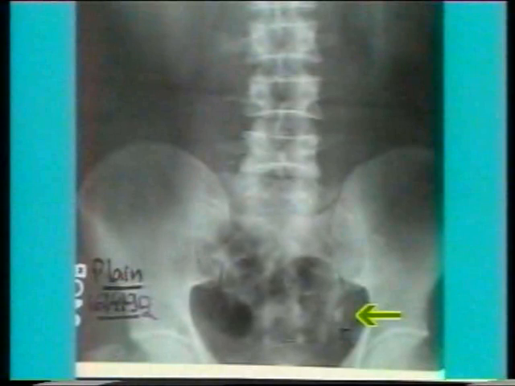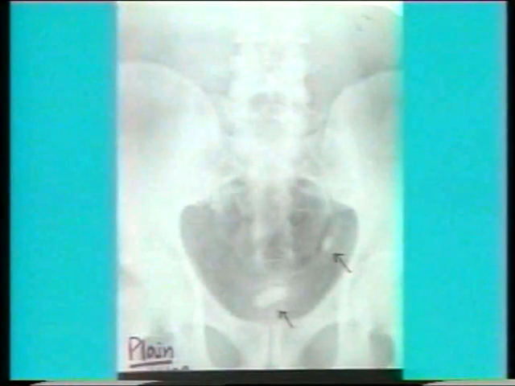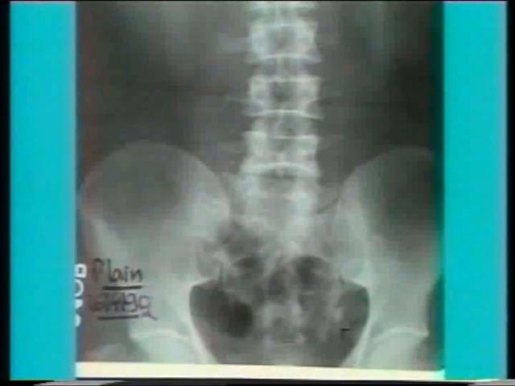This is an X-ray KUB shown here to demonstrate the importance of taking a separate bladder plate. This X-ray shows a stone in the lower one-third of the left ureter, but the patient had a typical pain at the end of micturition. So, when a bladder X-ray was taken, it was noted that there was another stone in the bladder which was totally missed in the previous X-ray. Note in the previous X-ray again that a part of the bladder is outside the film. Hence, a KUB should always include a separate bladder film.